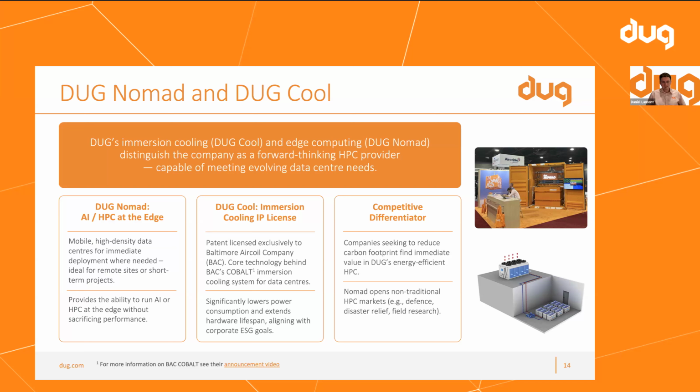So as Matt touched on, we had our first sale, not material, but just in case anyone's wondering where that's going to come through the P&L. For the time being, we'll be putting Nomad and Doug Cool revenue through the HPC line. We'll be sure to give detail and talk about that in more detail, but we're not going to be looking to add lines and lines and lines to the P&L at the moment, and we'll be putting those through the HPC line. So Doug Cool's going really well. Doug Nomad also going really well.